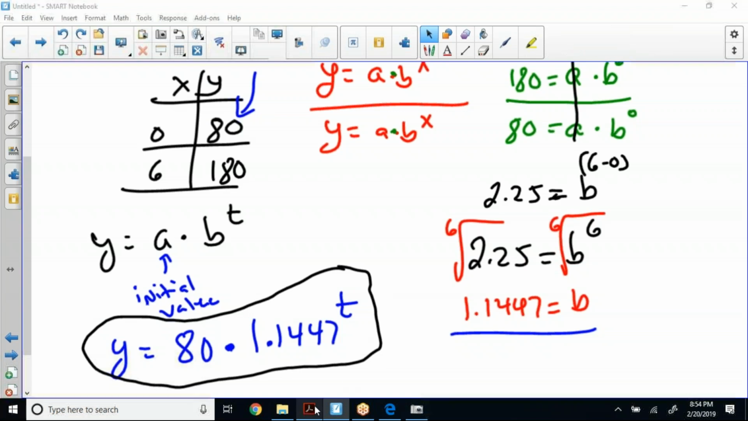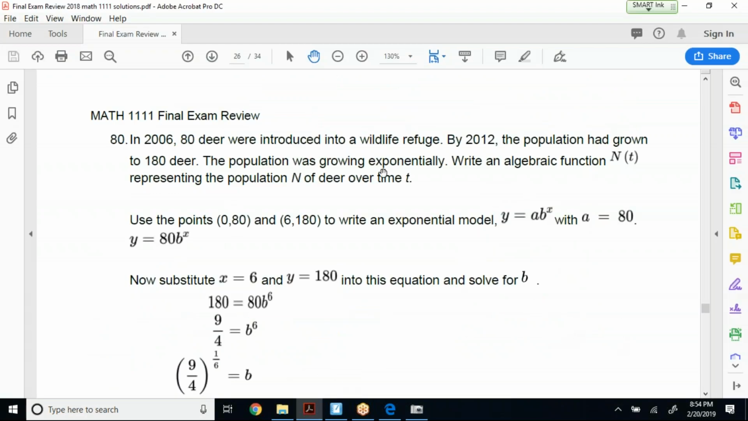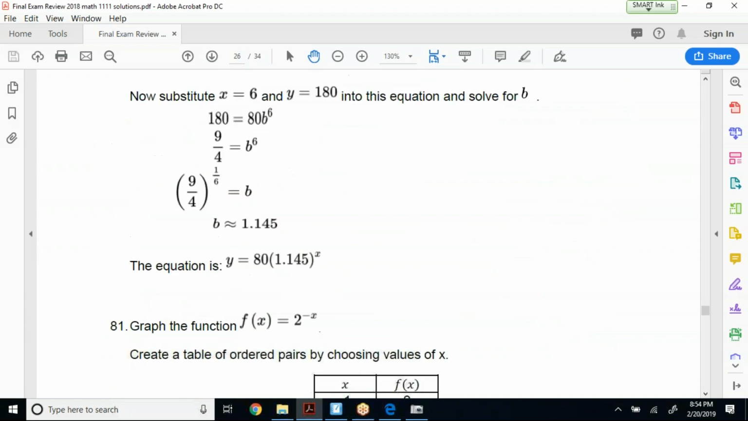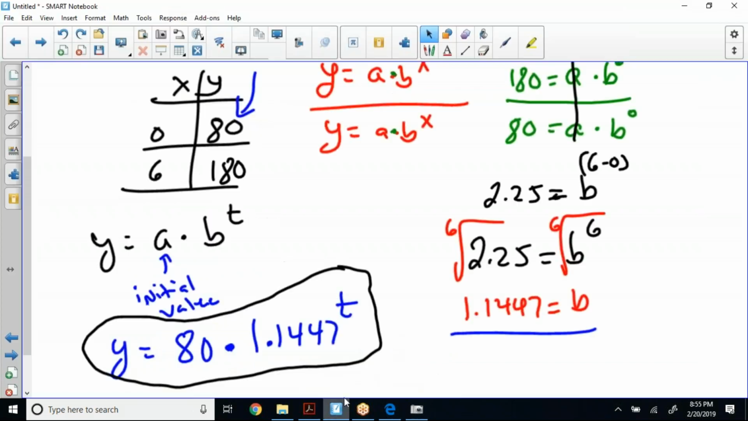So let me check just to make sure. They got 1.1. Yeah, that's the same. I went out a little bit. 1.1447, right? They put 1.1. Yeah, we're good. We got the same. They rounded to 3 decimal places, so 1.145. I went to 4. Okay, so nothing different from there. All right, so I'm going to